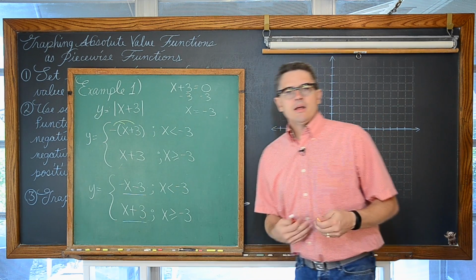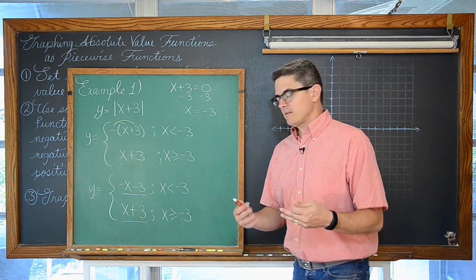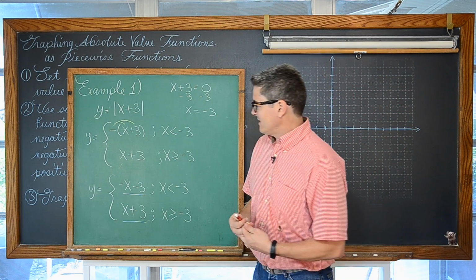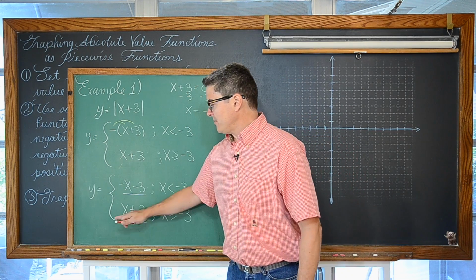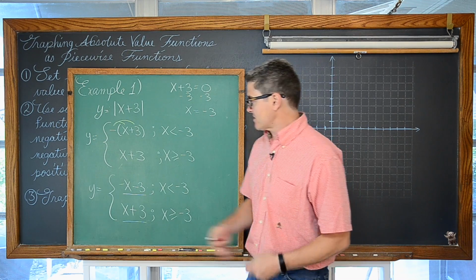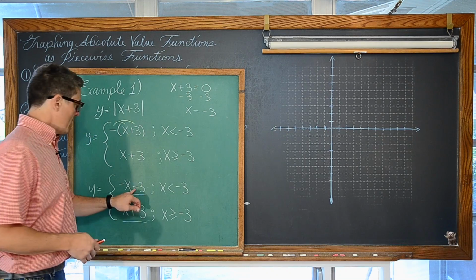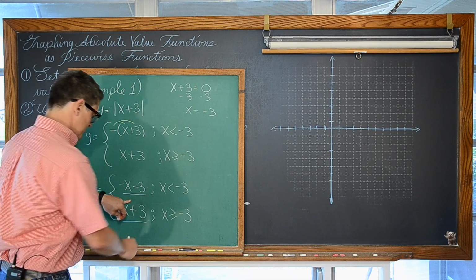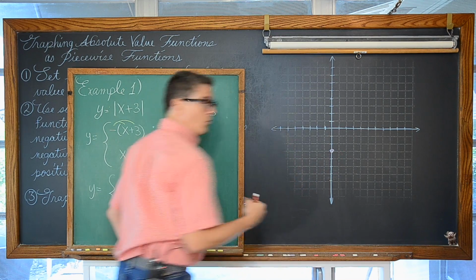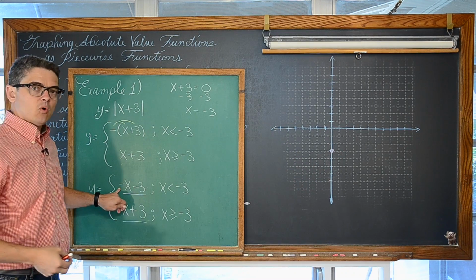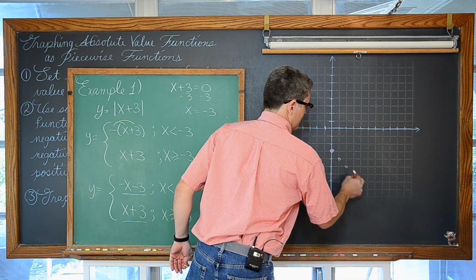I have students all the time that struggle with graphing piecewise functions, but I have to remind them, and sometimes we need to remind ourselves a couple of times, that we're just graphing a couple of equations on the same xy axis, and y equals negative x minus 3 is nothing more than a line. We have a y-intercept of negative 3, and I said that was going to be in purple, so y equals negative 3 is right here. That's a y-intercept. Our slope is negative 1, so down 1 over 1, and over and over and over again.